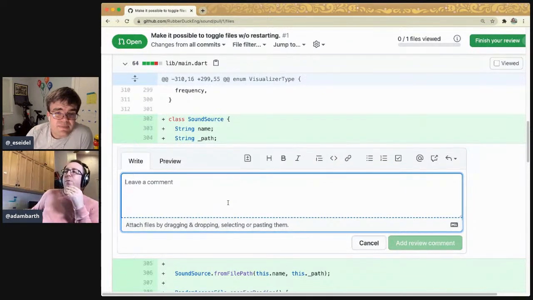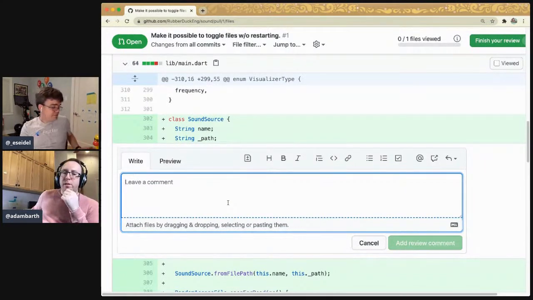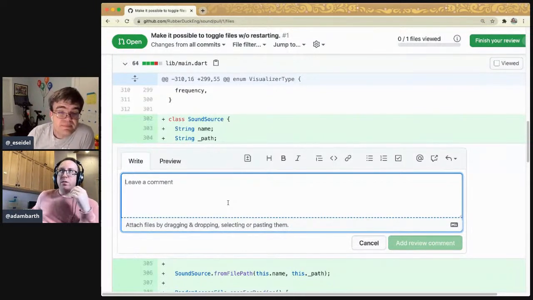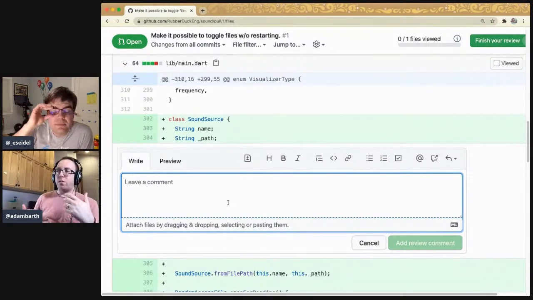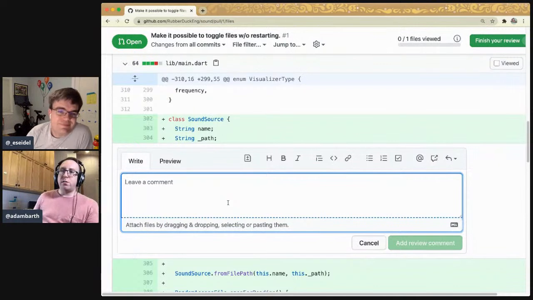Yeah, and part of the purpose of code review is to build community, right? Especially in an open source project, someone who's sending you a pull request, you may never have met them face to face, and you may never meet them, and still you want to say, this is the project we're working on together, and so part of that is just being totally polite. In this scenario, Eric and I have very equal footing in this project, and we also have a lot of rapport and experience with each other, so it's less of a big deal.